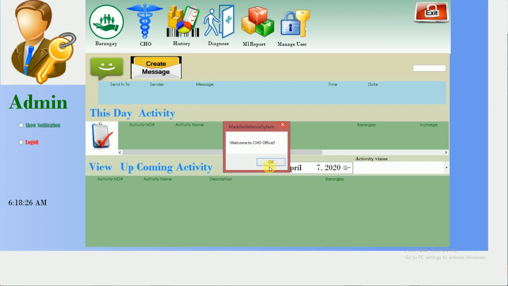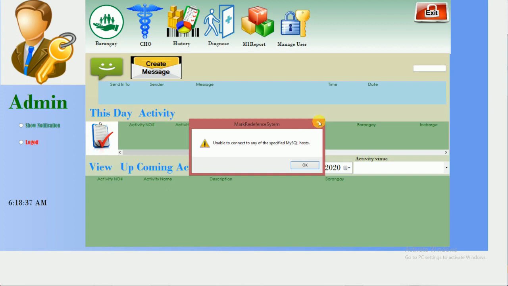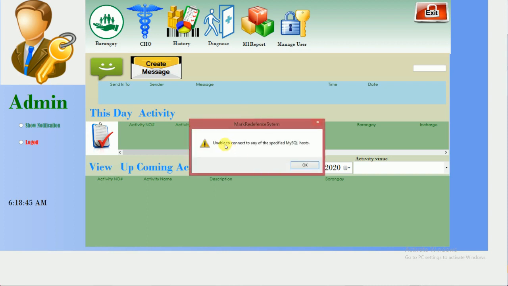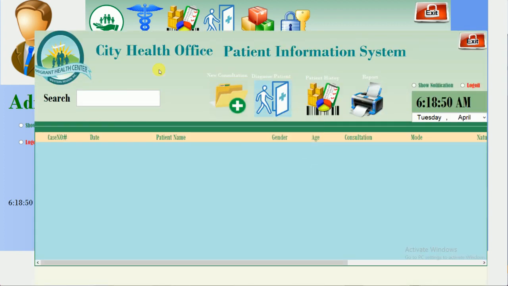Click on CHO office. Welcome to CHO office. There are many issues in the backend of this project. That's why it gives the notification of unable to connect to any of the specified MySQL hosts. Okay, so opening the CHO form here: new consultation, patient history, reports. Okay, so new consultation,